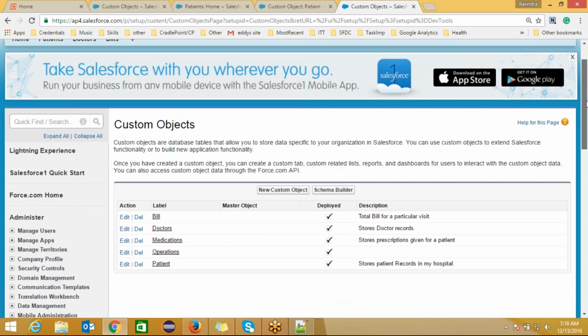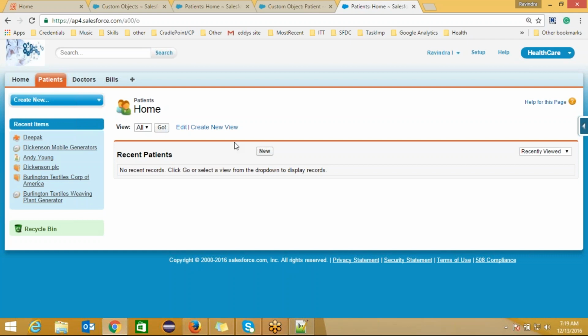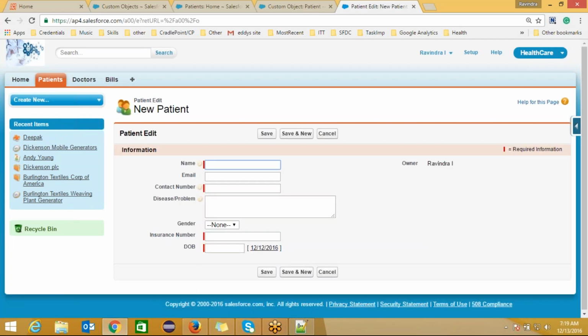Now if I want to create an operation record or a medication record, how will I do it? Because we didn't provide any accessibility for those tabs, that's why I'm establishing a relationship between these objects. So I created a lookup relationship with operations. Instead of exposing the database table as an object or as a tab, what will happen is